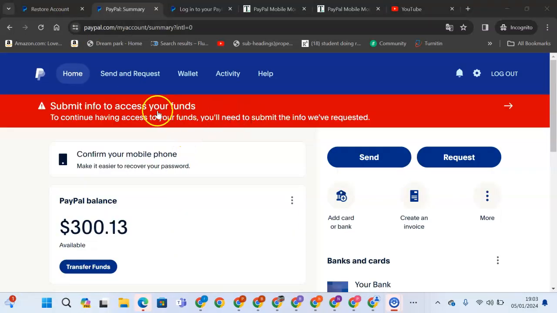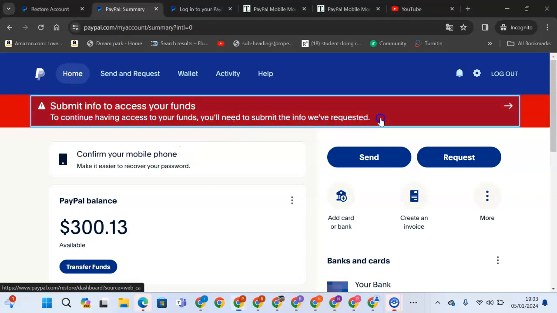So I go to my PayPal account. I found this red banner. It tells me to submit information. To continue having access to your funds, you need to submit